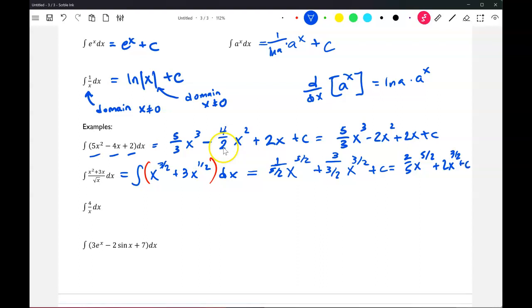Two more quick ones. We can think about this other integral as 4 times the integral of 1 over x dx, which is 4 natural log absolute value of x plus c. And then